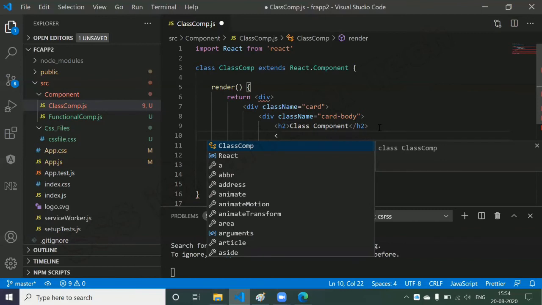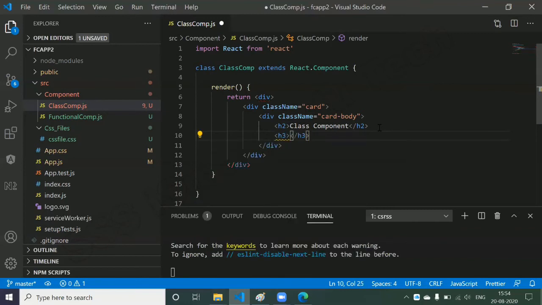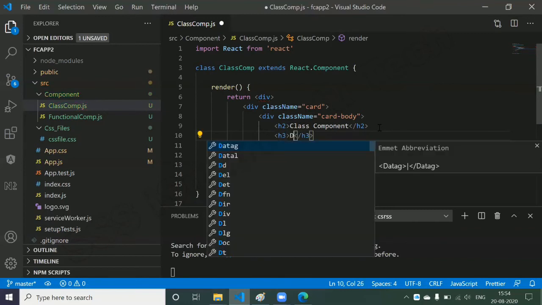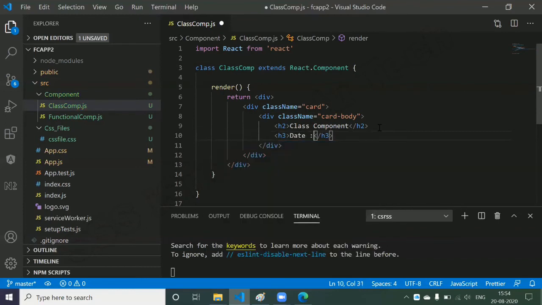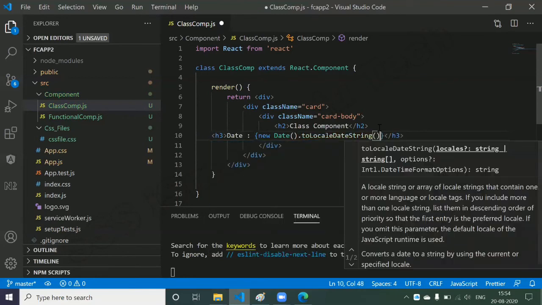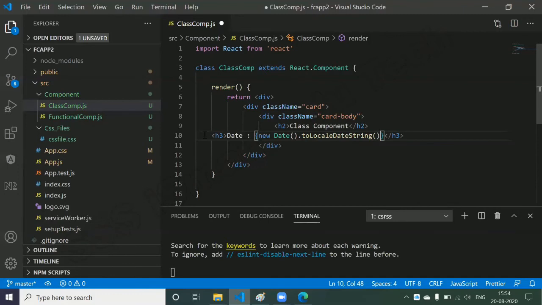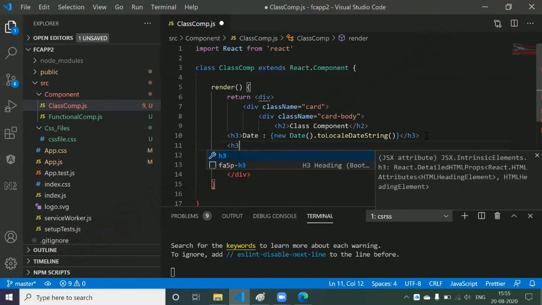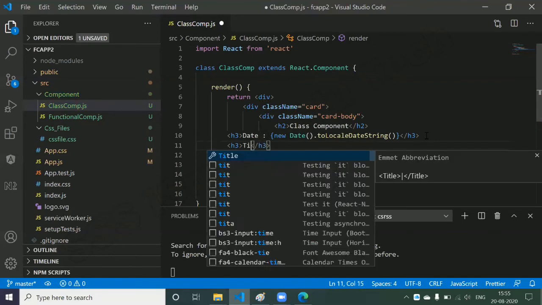Now we will be creating something. Let's create date and time here also. This time let's display date in a JavaScript expression, and in this expression we will create a date object and toLocaleDateString. That's what displays the date. In the same way, we will be displaying time also. Time: